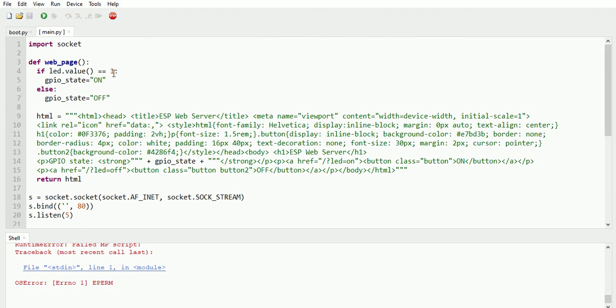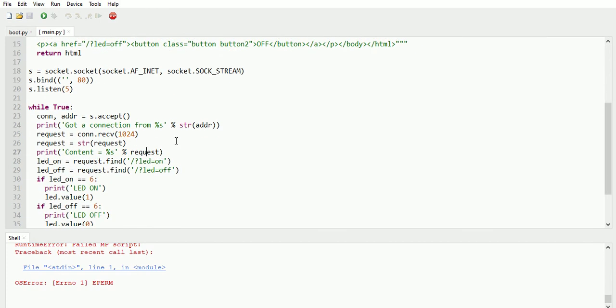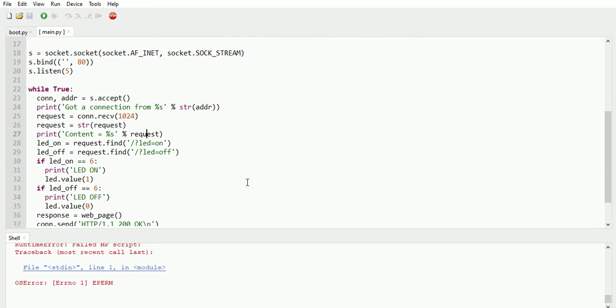So now you can see here the definition and all. So we will keep this aside. Now here these are the two files. If you see here, boot.py is not enclosed with the square brackets, whereas main.py is enclosed with the square brackets.